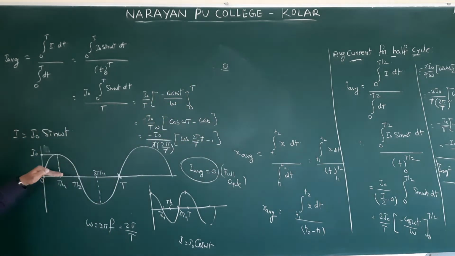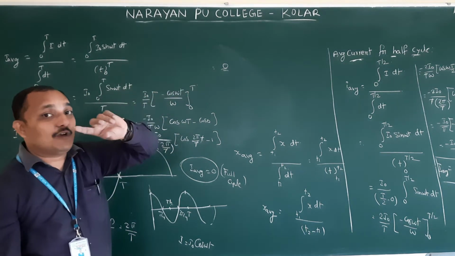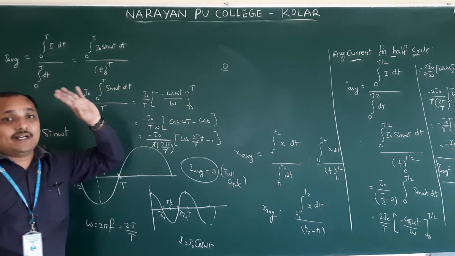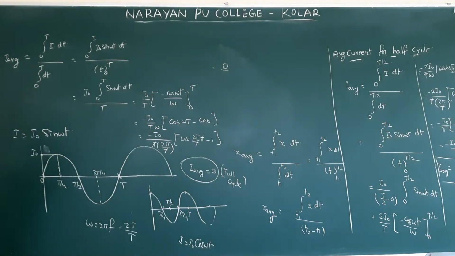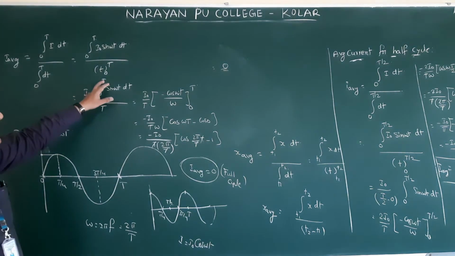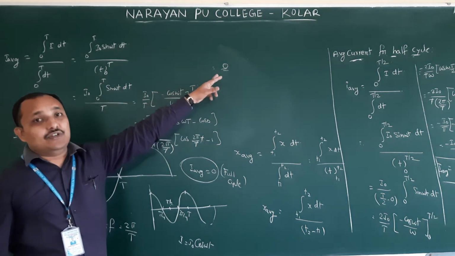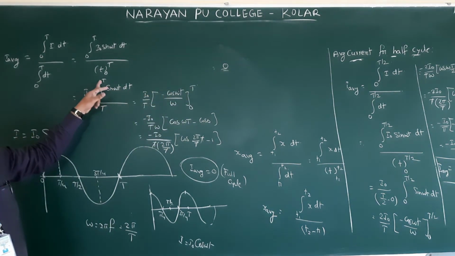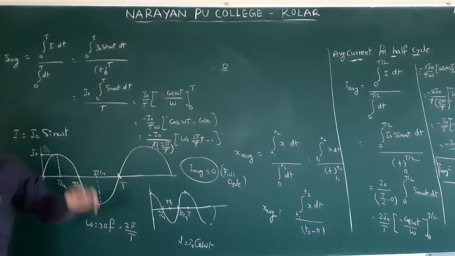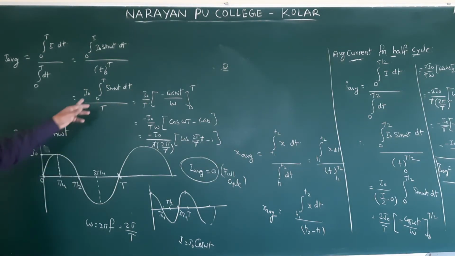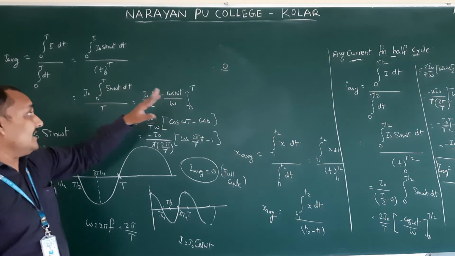Okay. So in another way, for positive half cycle it is 2 I naught by pi. For negative half cycle minus 2 I naught by pi. Therefore total average value for one complete cycle is going to become 0. So below that they gave one mathematical tip you can see. So if it is integral 0 to t, you are getting 0. Integral 0 to nt they give, n times. That one also it is going to become 0, isn't it? So that mathematical tip will be useful for the next case, not for this one.